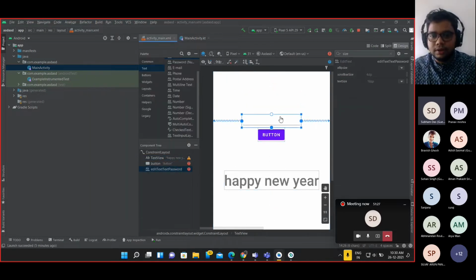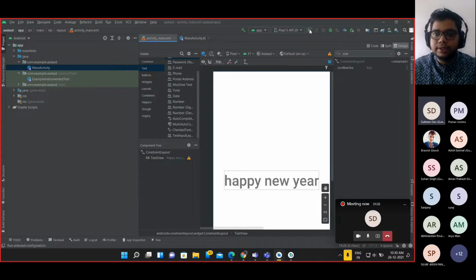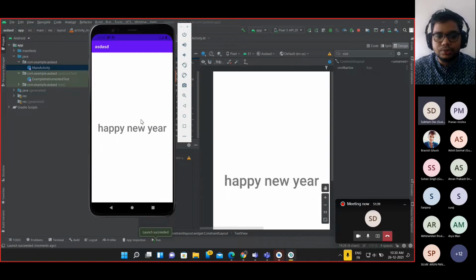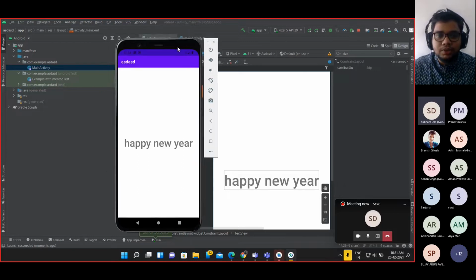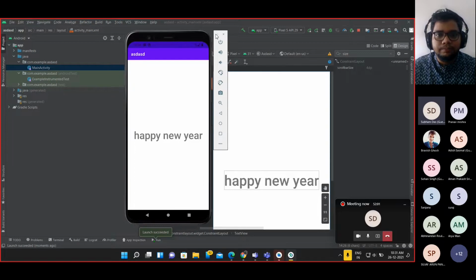Let me delete this as well, delete the button, and once I rerun the application by clicking that green arrow button, it should run the application on the phone, and it shows Happy New Year in big font and whichever font we have given. Now there are a lot of things that you can do with the layout and make it much more beautiful than this, and you will be making beautiful Android applications in the further coming sessions. And once you are going to do the pathways, you will actually see that you can really build a lot of awesome applications.